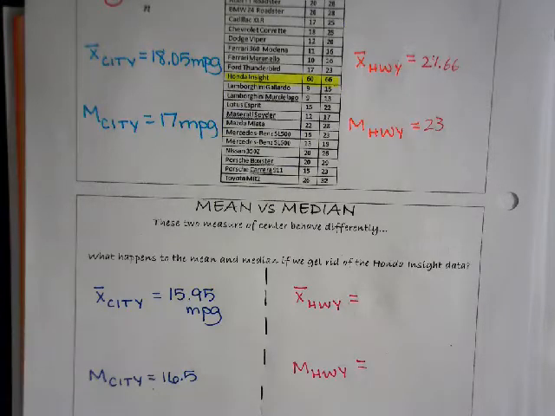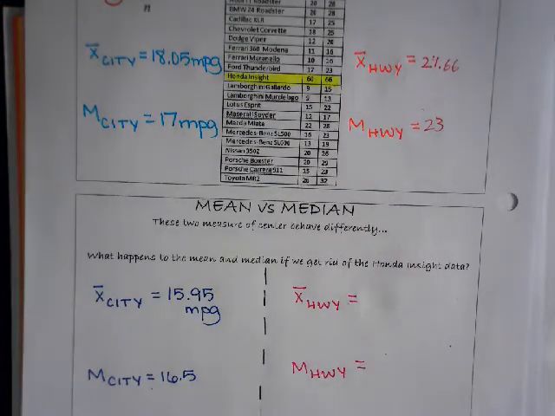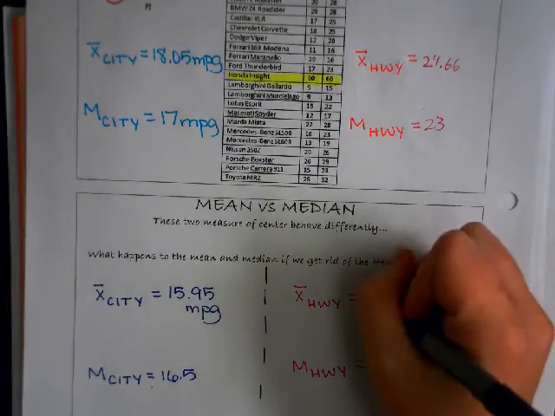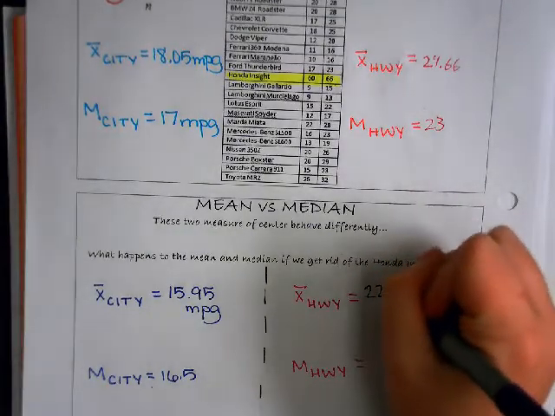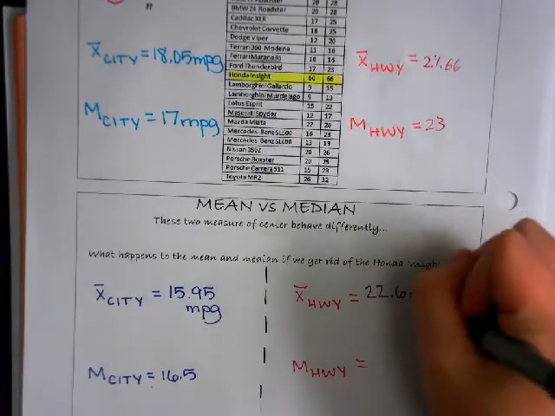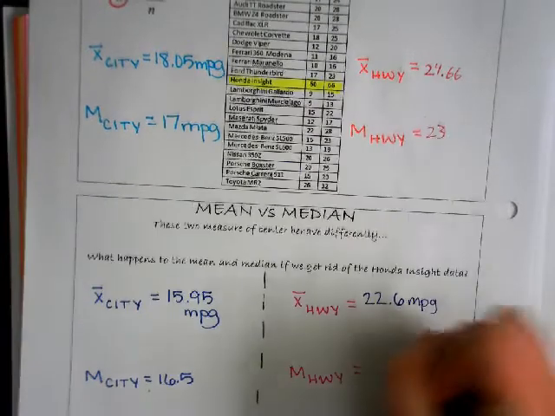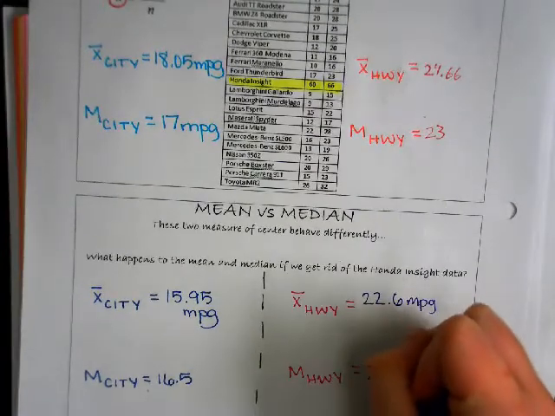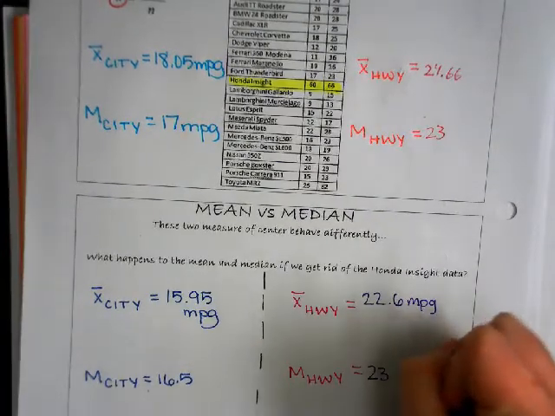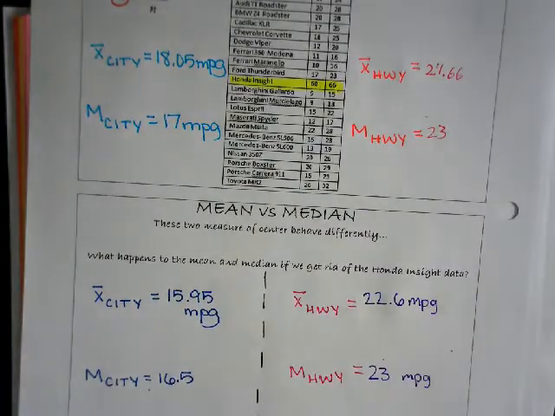Oh wait, I know. Say that again. Did you get rid of the 66? Okay, so go over to calc. Choose one of our stats. And then